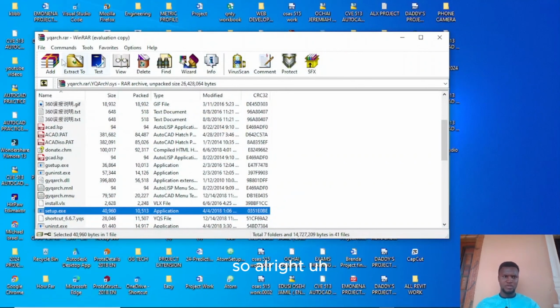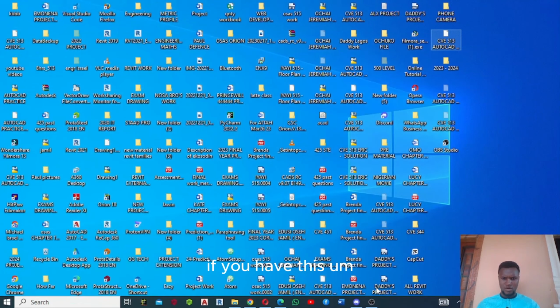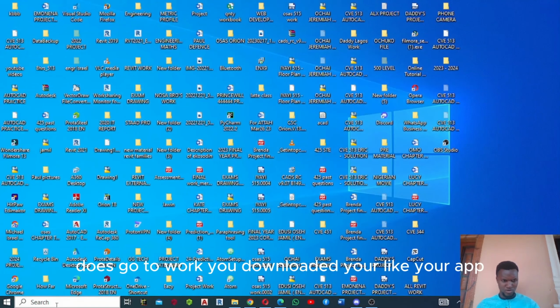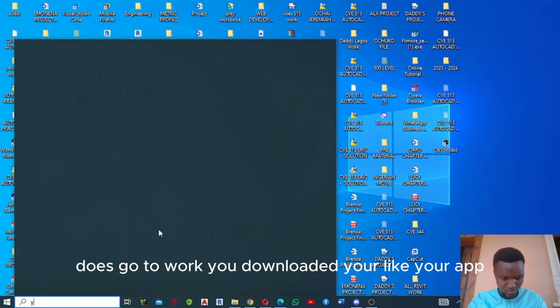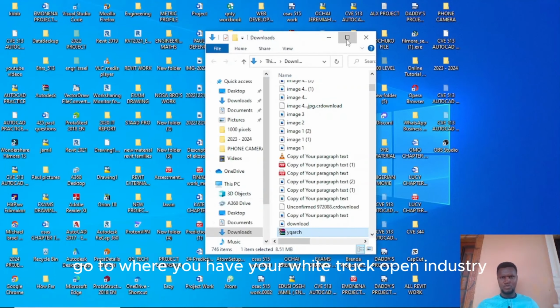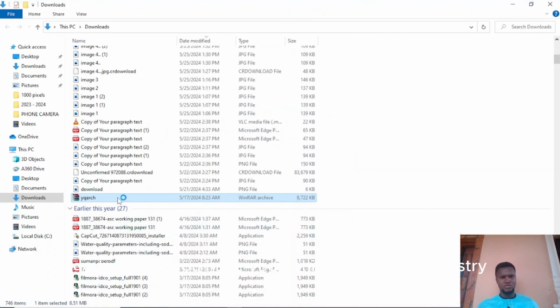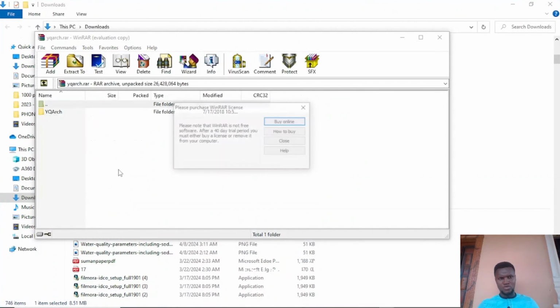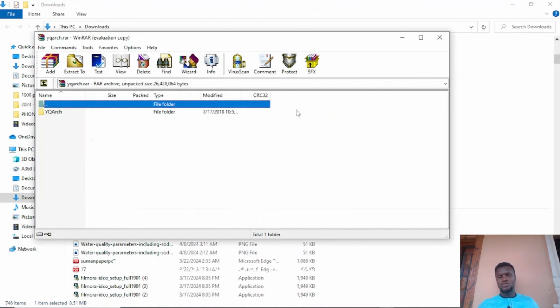So all right, if you have this, just go to where you downloaded your YQARC. Go to where you have your white rack, open it this way, reinstall it, but make sure your AutoCAD is off, like your AutoCAD is not on before you do that. So open the white rack folder. See SYX, open it,